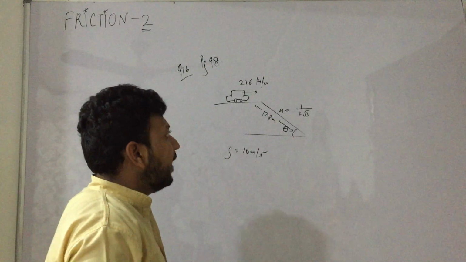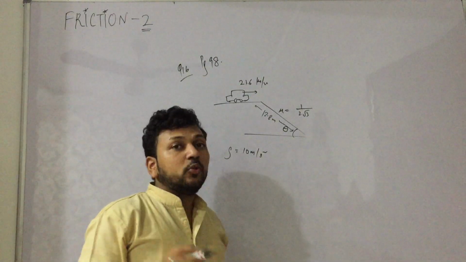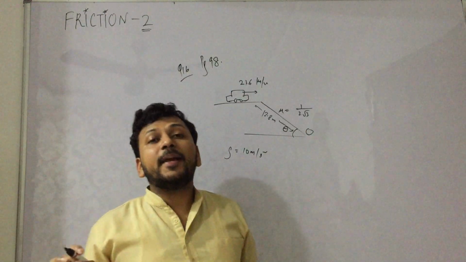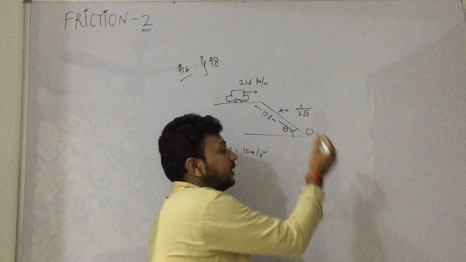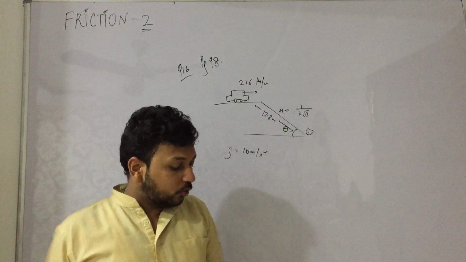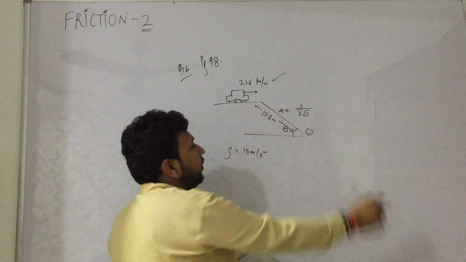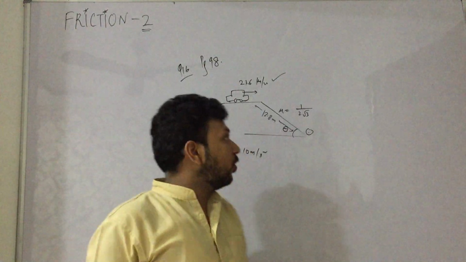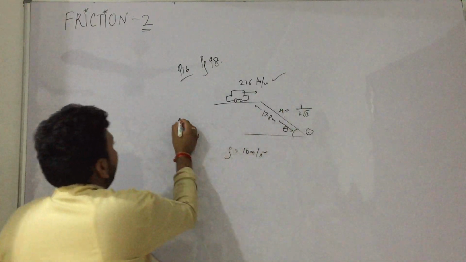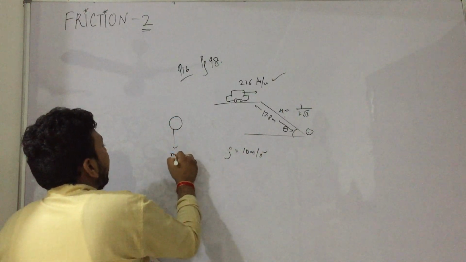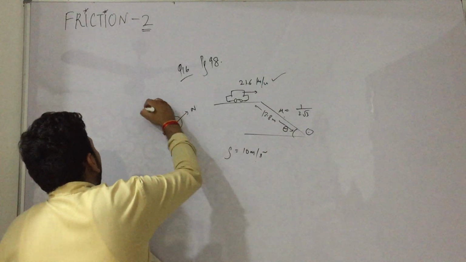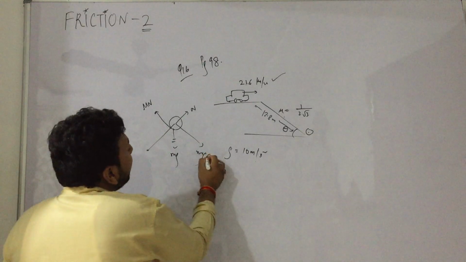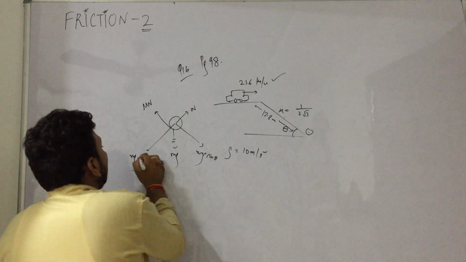So car is coming and it will apply brakes, and we have to show that when it reaches here, howsoever hard the driver applies the brake, the speed here will be 36 km per hour. Okay, so this is the question. So we know initial speed, we can convert it into meter per second by 5 by 18. So we know u, and if we talk about acceleration, if we draw the FBD of car, mg, normal and mu n, right? And we resolve it, mg sine theta, mg cos theta.